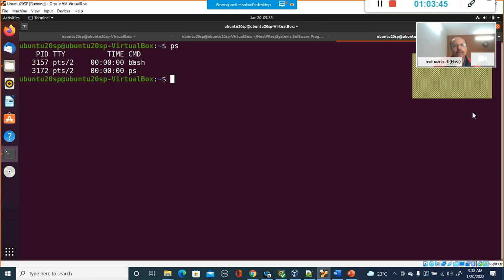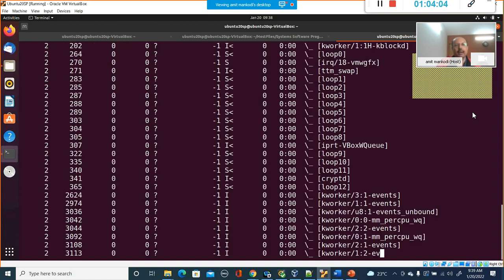So basically it is telling me that in this particular shell window, I am running this shell whose process ID is this, and in that shell I am running this command whose process ID is this. And I want to know the hierarchy of this one, which obviously I can get